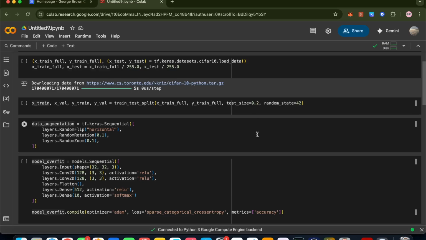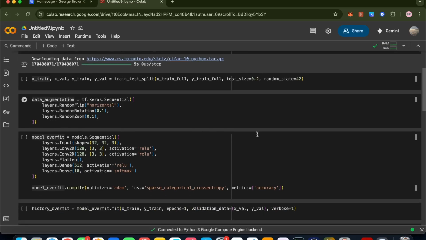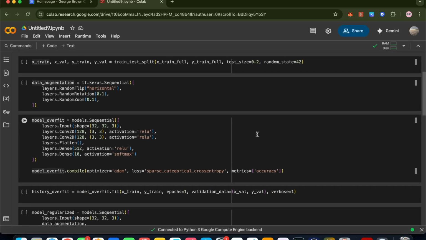And now it's time to build the model, and I used a sequential model, which is just a fancy way of stacking layers one after the other. The first few layers are convolutional and max pooling layers, so they help the model learn special patterns in the image like edges, texture, and shapes. After that, I flattened everything into a one-dimension array and passed it through a couple of dense layers. And the last layer has 10 neurons with a softmax activation, which means it outputs probabilities for each of the